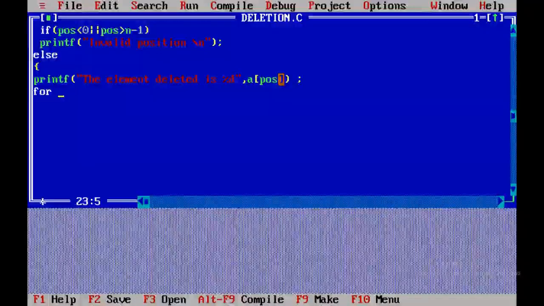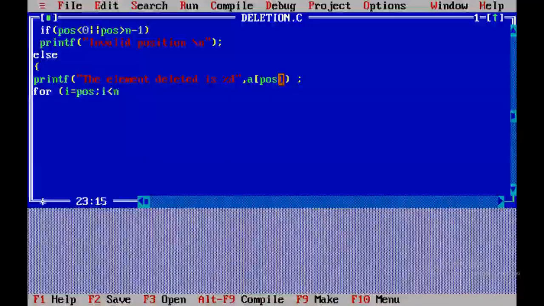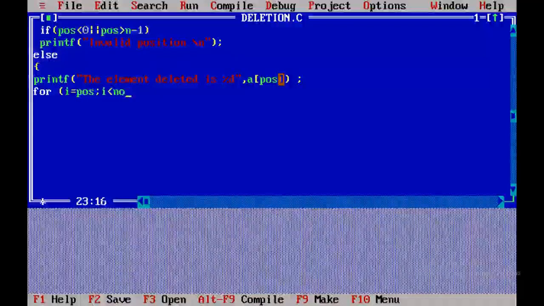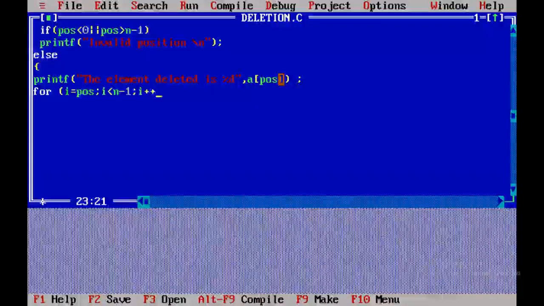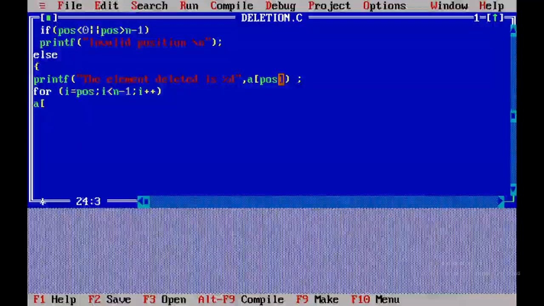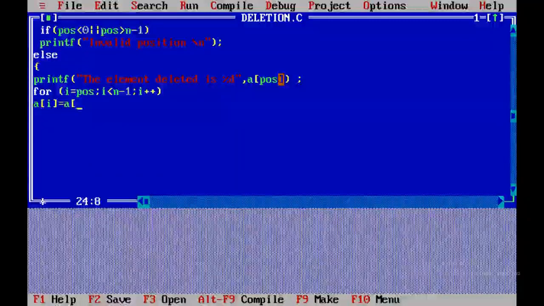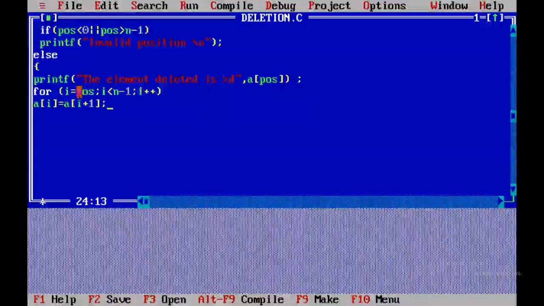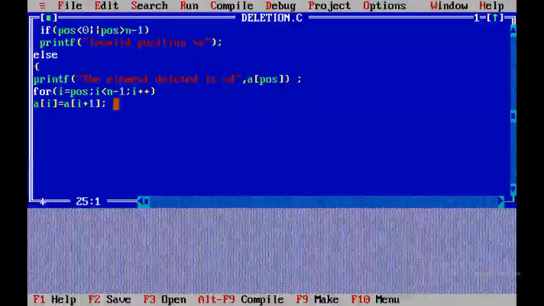I'll use a for loop, for i equals POS, then i less than n minus 1 semicolon i plus plus. Bracket close. Then I have to replace the ith element, A of i, by A of i plus 1. Okay. So this actually performs shifting of elements to the left side.